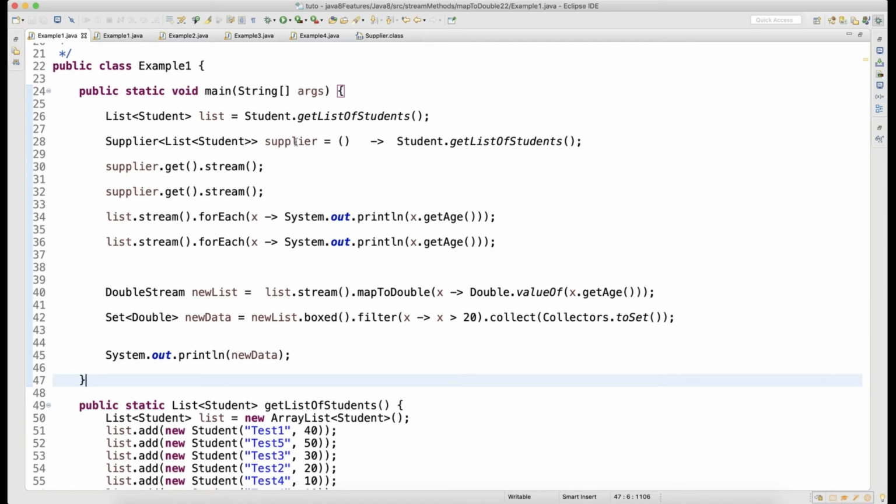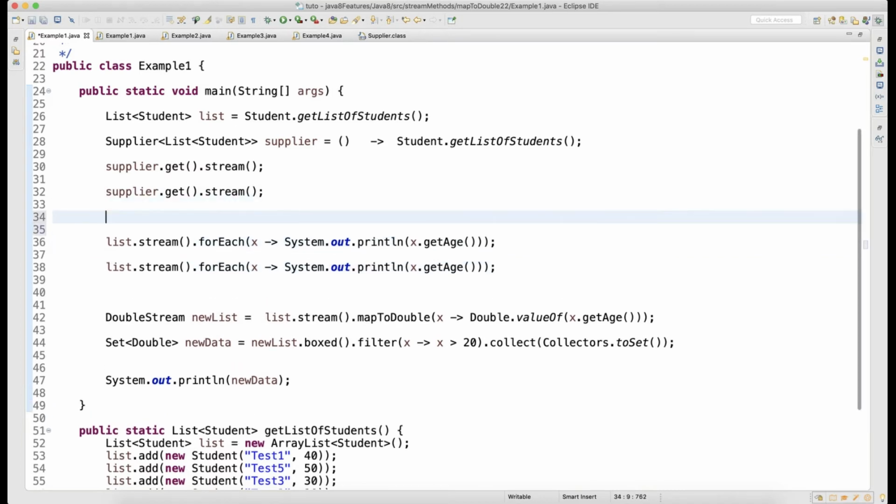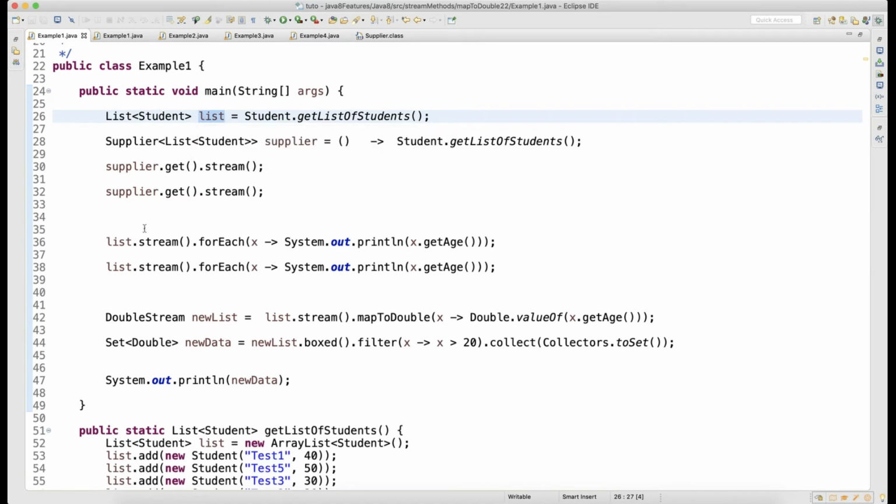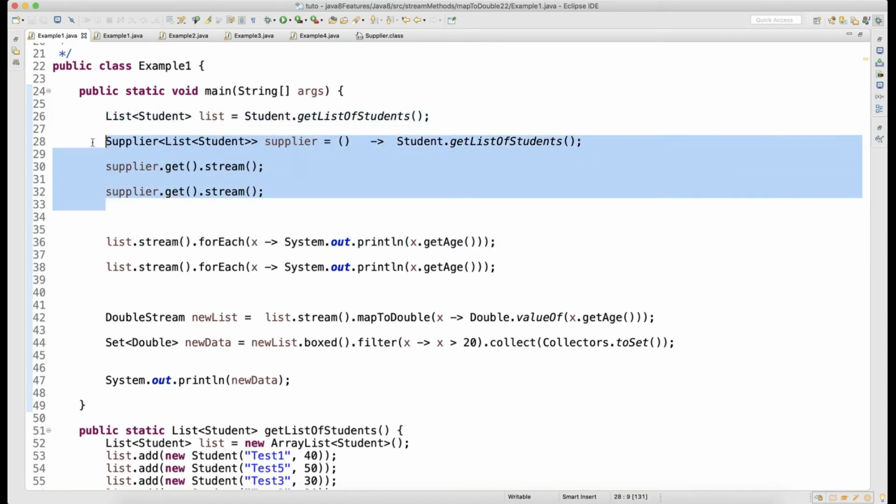So here, when I had this supplier and then created a different stream, it got processed. When I created a different stream, it got processed, because for this forEach loop on this list, I'm calling the stream and then calling the get age.